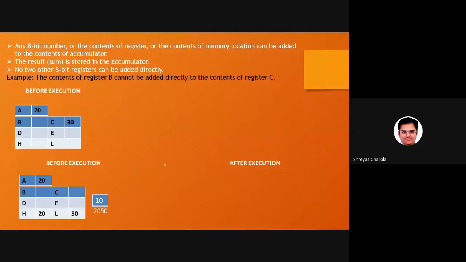Okay. Now coming to this, for now the answer will come in hexadecimal only. But for our understanding, we are considering the numbers written in any register as decimal numbers, because it will be easy to understand the addition. Okay. So let's suppose the accumulator is 20, C register is 30. If I write the ADD C instruction, it will be A equal to A plus R. R is nothing but the register you wrote over here.